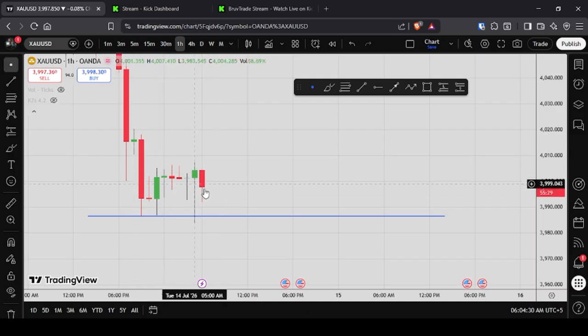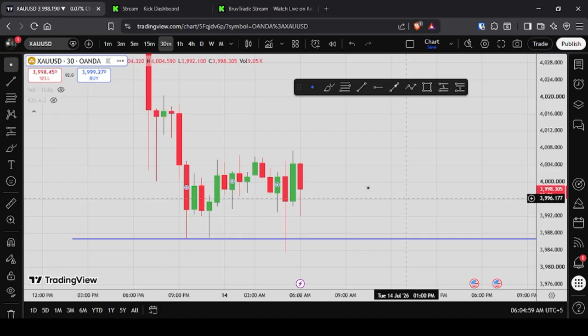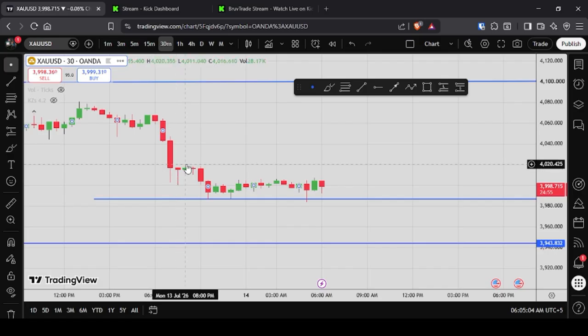Right now, as you can see, we have a consolidation type of phase here, but the price has still been manipulated and would go upwards. There's extremely high bullish momentum here, as this red candle does not have enough momentum to go down. The sellers don't have it. The buyers have extremely high momentum in this zone as they're not letting the price go down from here. Moving to the 30-minute time frame, there's still a consolidation going on, but there is a liquidity point here, which you can mark.